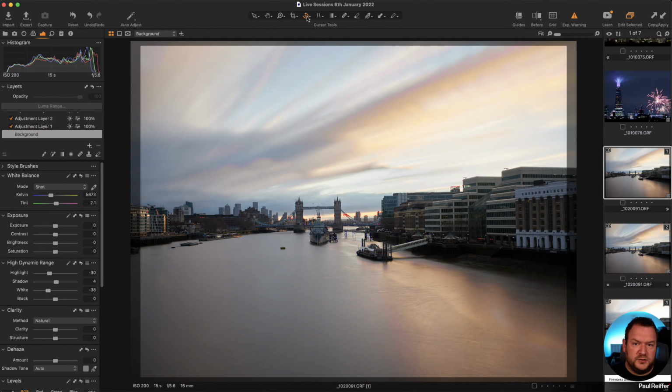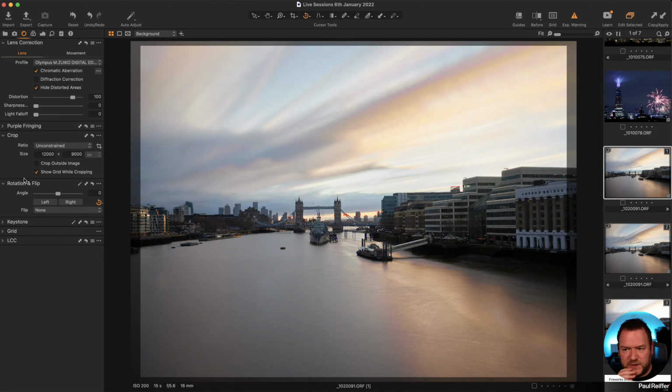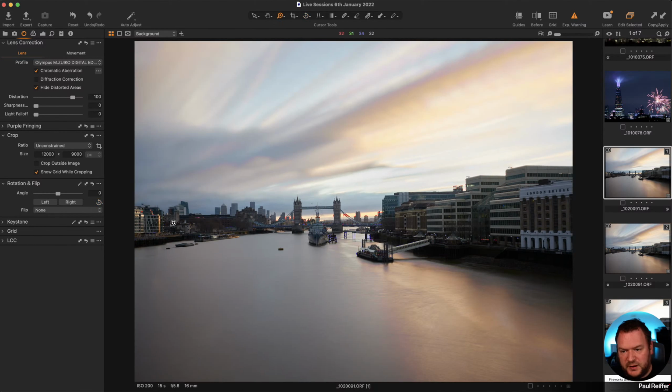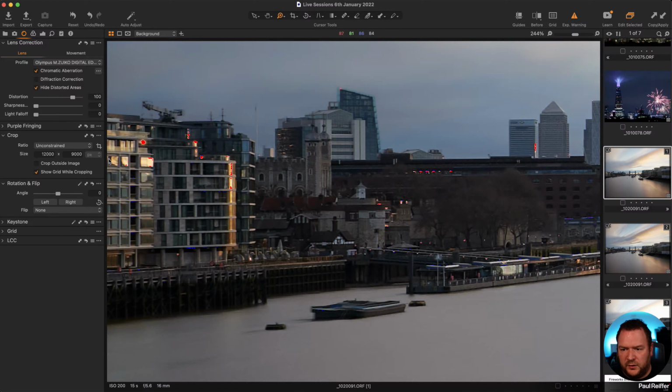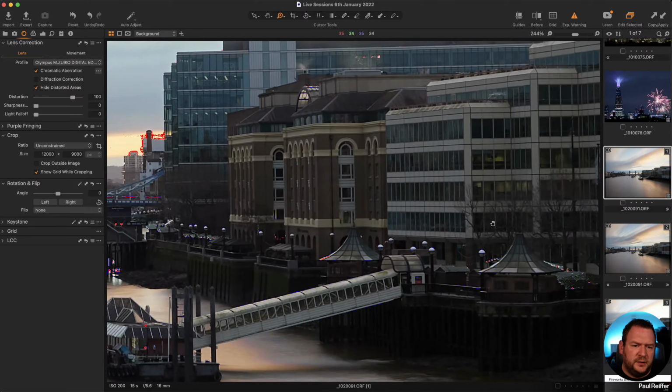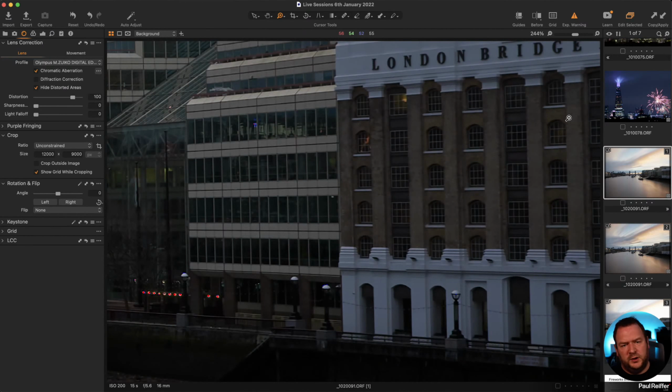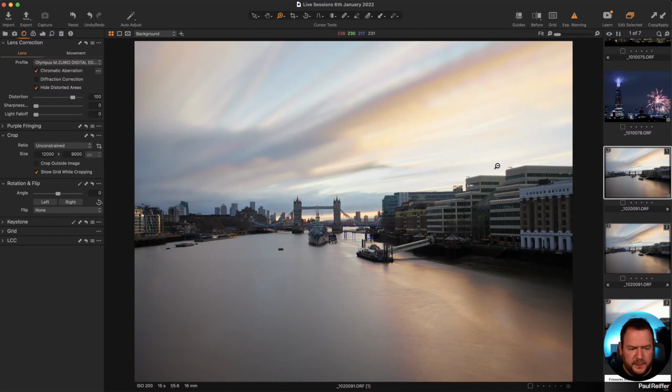Overall, with that image done, I was going to do a straighten, but this has already been cropped down. So on our lens tool under rotation and flip, in 22 we've got our magic wand, and that will automatically rotate and correct it. Now we do have a bit of keystone lean on this shot. On this side it's probably not too bad, but on this side where the building's a lot nearer to us, there's a bit of lean in on the London Bridge building on the right.